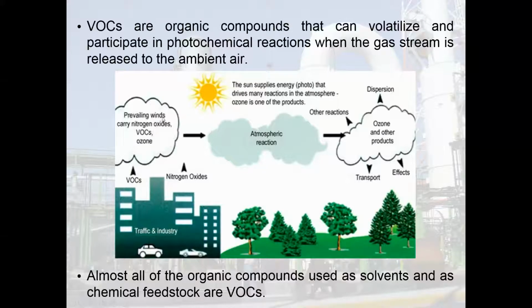They have interactions within the atmosphere, and those interactions are exacerbated by sunlight, photochemical reactions, in addition to other reactions, and then they're dispersed into the atmosphere and transported, and it has some negative effects on plant life